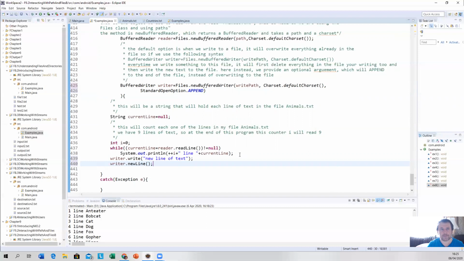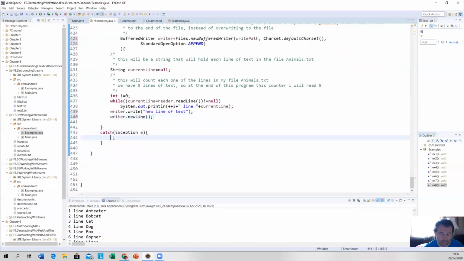All right. You don't have to have a close method. You don't have to have a flush method. As long as you have a try-with-resources, it makes writing to a file considerably easier. Writing to a file using NIO.2 is way easier than using IO. All right. So to prove that it does work,